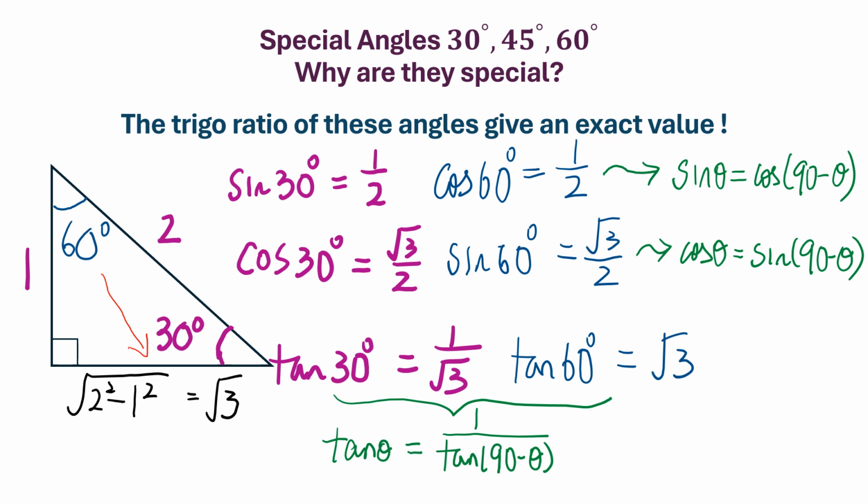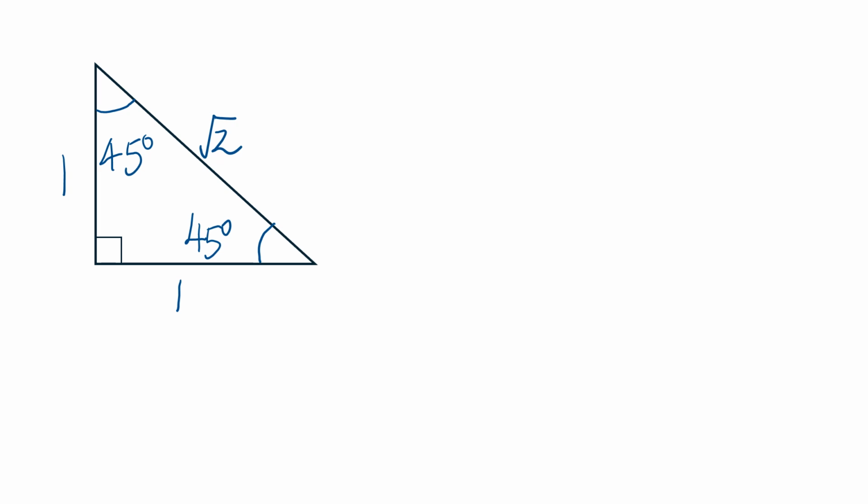And tangent theta will be 1 over tangent bracket 90 minus theta. And also for the other way round. So the next slide will look at the special angle 45 degrees. Right, so for 45 degrees, we will rely on tangent 45. Because if you use the calculator, the tangent 45 will give you 1. So we can use that to find the Trigo ratio, the sine